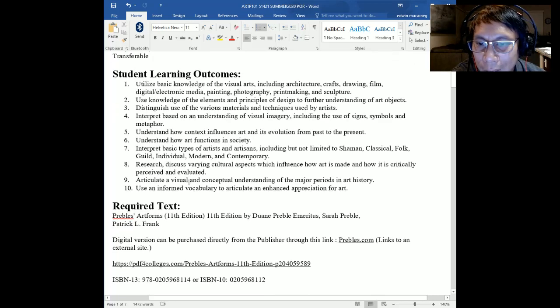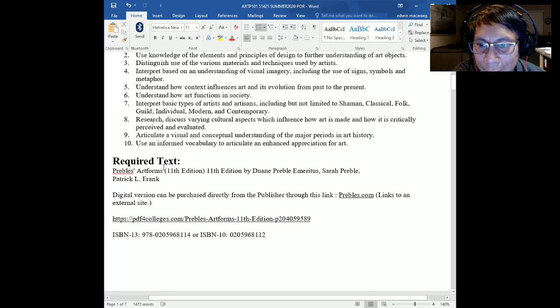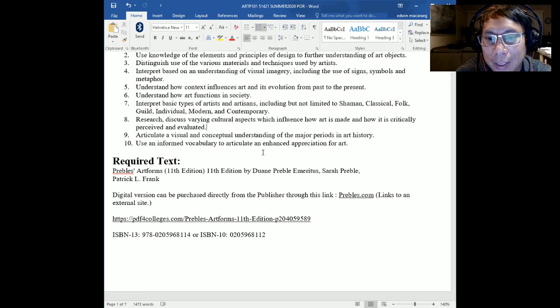And so some important information here. The required text is the Preble's Art Forms 11th edition. If you try to look this up, you'll probably see that there is a 12th edition that's available. I'm not using that 12th edition because that just came out recently, and